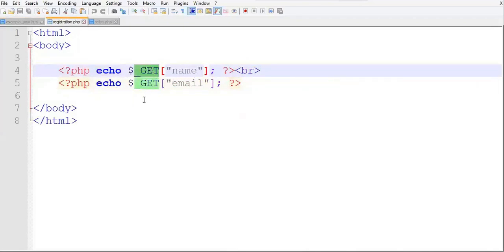That is how it works. Whenever the data is typed or input in the form, the same data is fetched by this $_GET, and in the brackets we have to specify what parameter this get method is supposed to fetch. This has to be specified in double quotes.